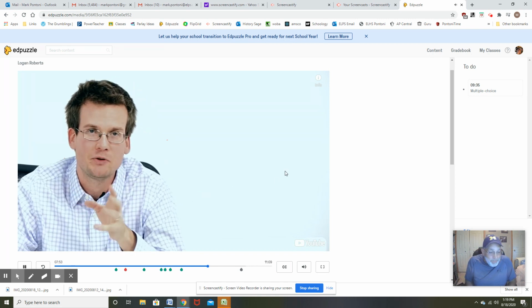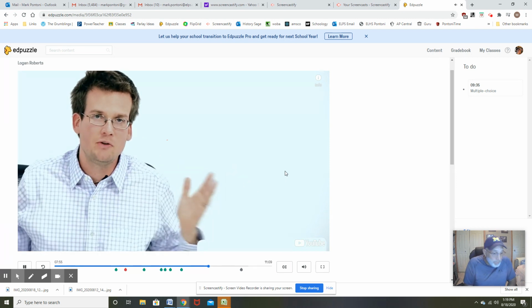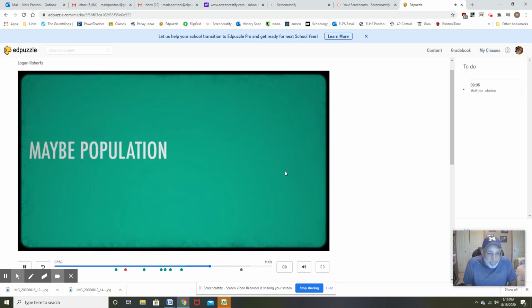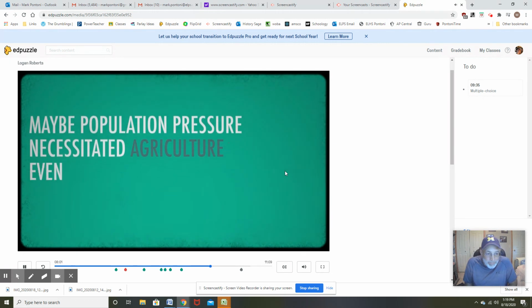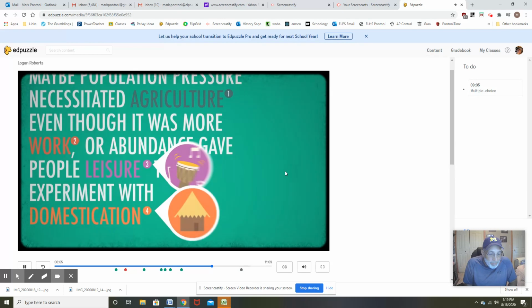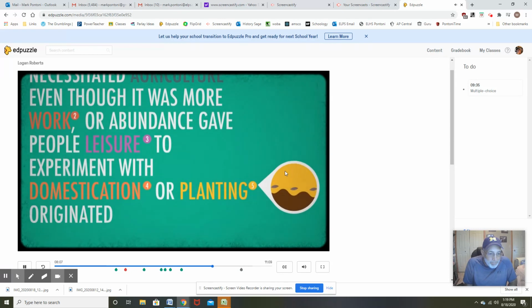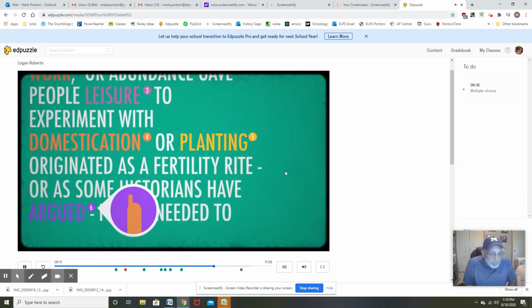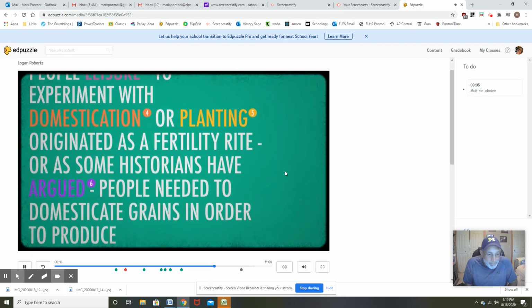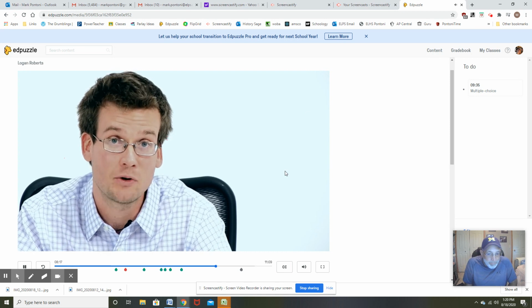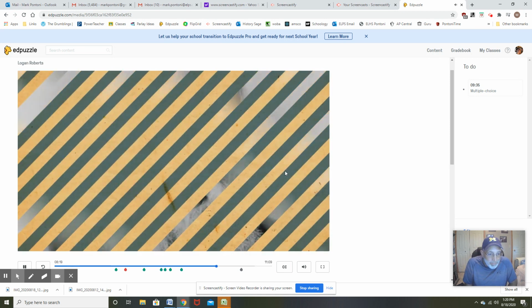To the agricultural revolution and why it occurred. Historians don't know for sure, of course, because there are no written records, but they love to make guesses. Maybe population pressure necessitated agriculture even though it was more work, or abundance gave people leisure to experiment with domestication, or planting originated as a fertility right, or, as some historians have argued, people needed to domesticate grains in order to produce more alcohol. Charles Darwin, like most 19th century scientists, believed agriculture was an accident, saying, "A wild and